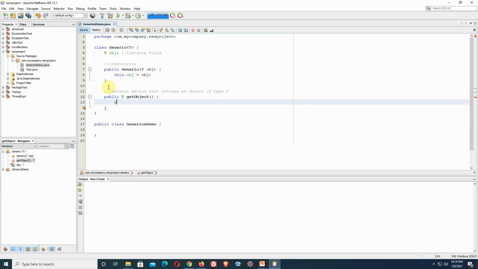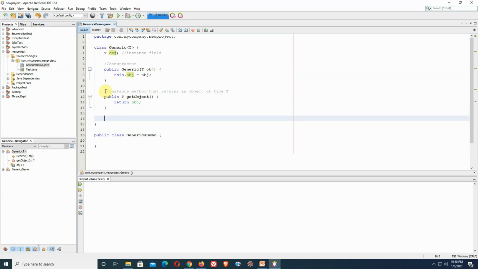So it will be like return obj. Since we have already done this initialization by means of the constructor, obviously we can use it. So it is an instance method. Then we need another instance method